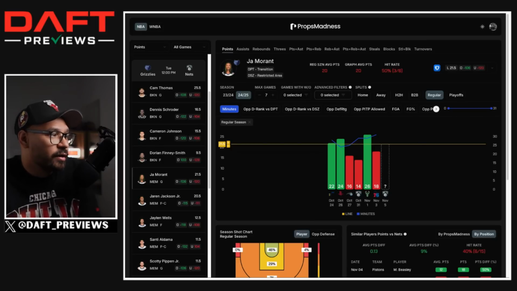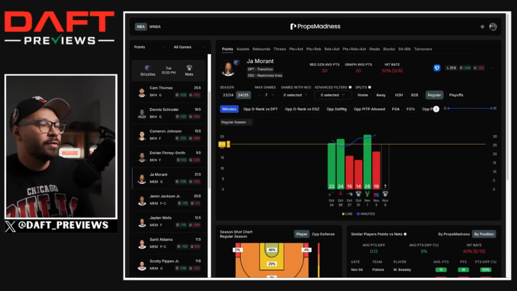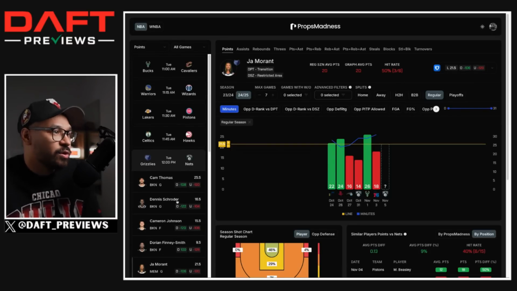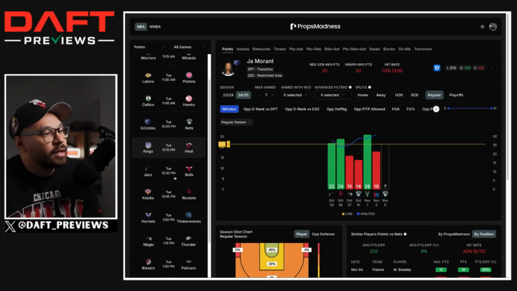So I do like it. Ja Morant, take it at over 8.5 if you want to. I'm going the 9.5 at plus money. Let's go, Ja. Now, my last pick to share with you before we do the deep dive, we're looking at